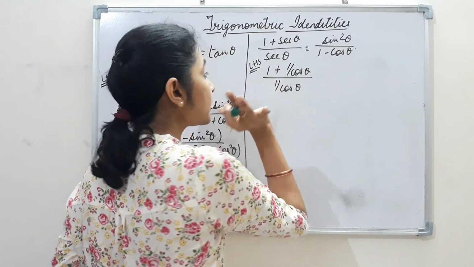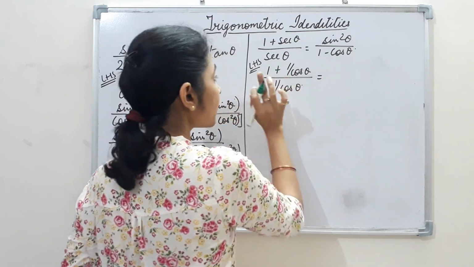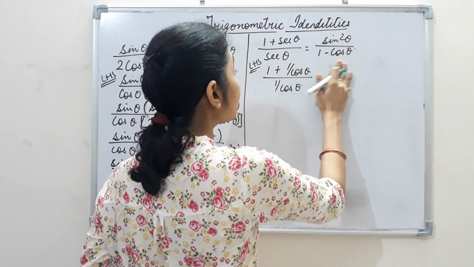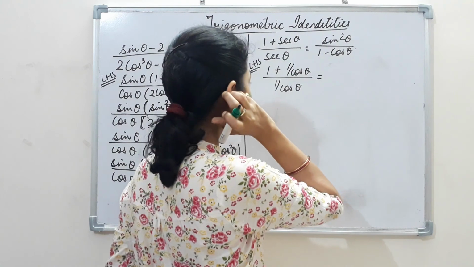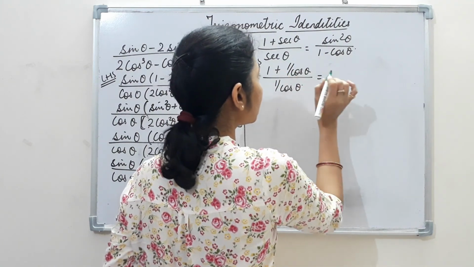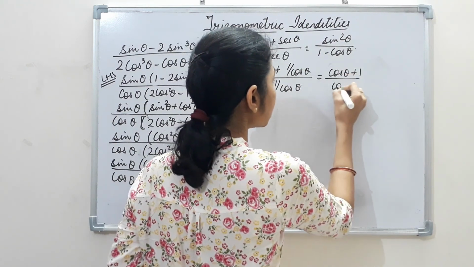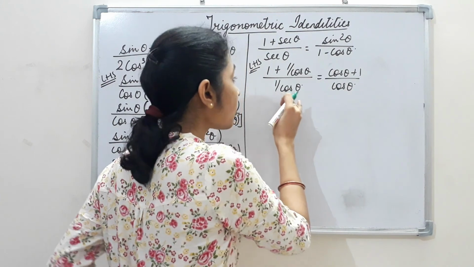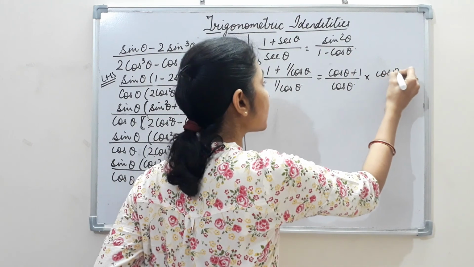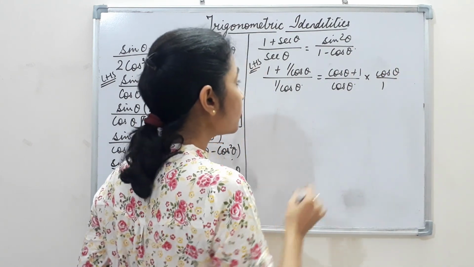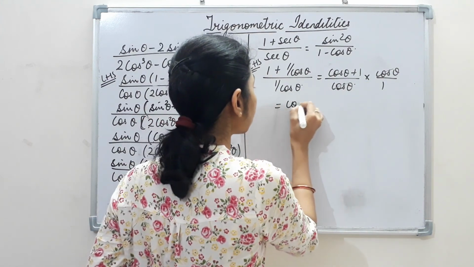Okay, now first we will simplify the numerator. So here taking the LCM, what do we get? This cos theta multiplies here. I'll just cross multiply it, so this cos theta will go in the numerator. First solving the numerator, what do I get? Cos theta plus 1 upon cos theta. And this denominator goes into the numerator and gets reciprocal, so here cos theta upon 1. So what do I get here? This and this cancel, and I have got cos theta plus 1.